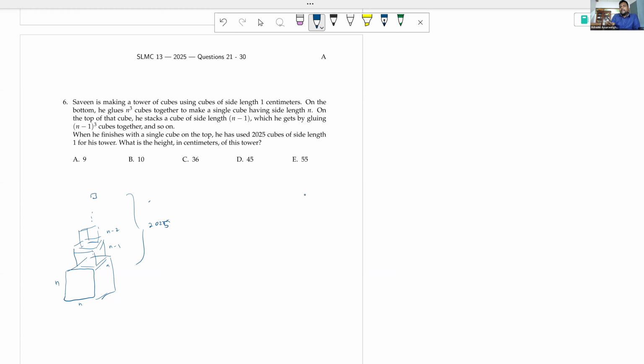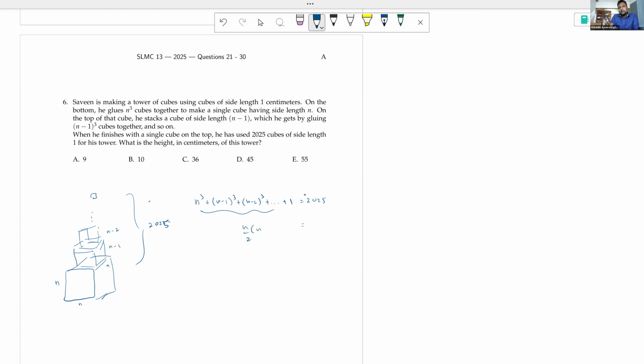So when you look at it as an algebraic sum, you get n cubed plus (n minus 1) cubed plus (n minus 2) cubed up to 1 equals 2025. But if you knew anything about the year 2025, you should know that n is equal to 9. However, if you didn't know that, if you are an A-level student, you know that this sum is